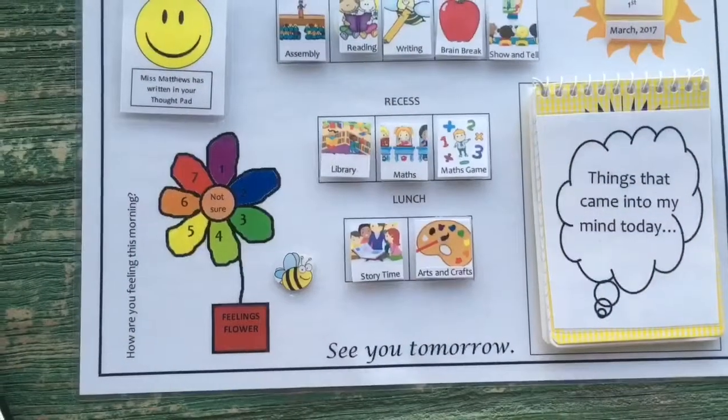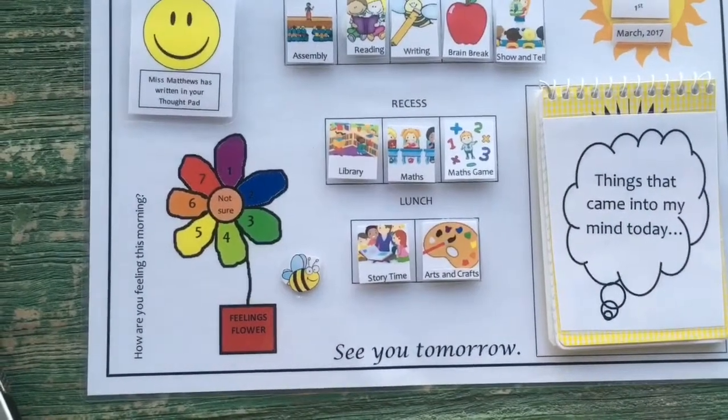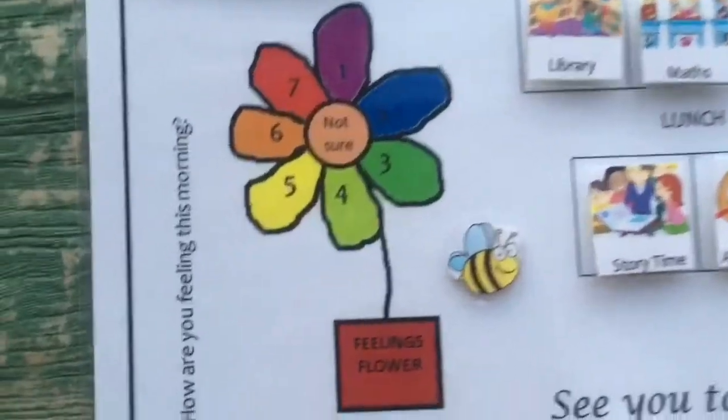Also included is a feelings flower, which is a very significant element of the resource as it asks the students, "How are you feeling this morning?" The flower contains petals, all of which are a different colour, and are labelled with a number from 1 to 7. Students will place the bee that accompanies the flowers on the petal that they believe represents how they are feeling. This is an opportunity for the students to engage in self-reflection at the start of each and every school